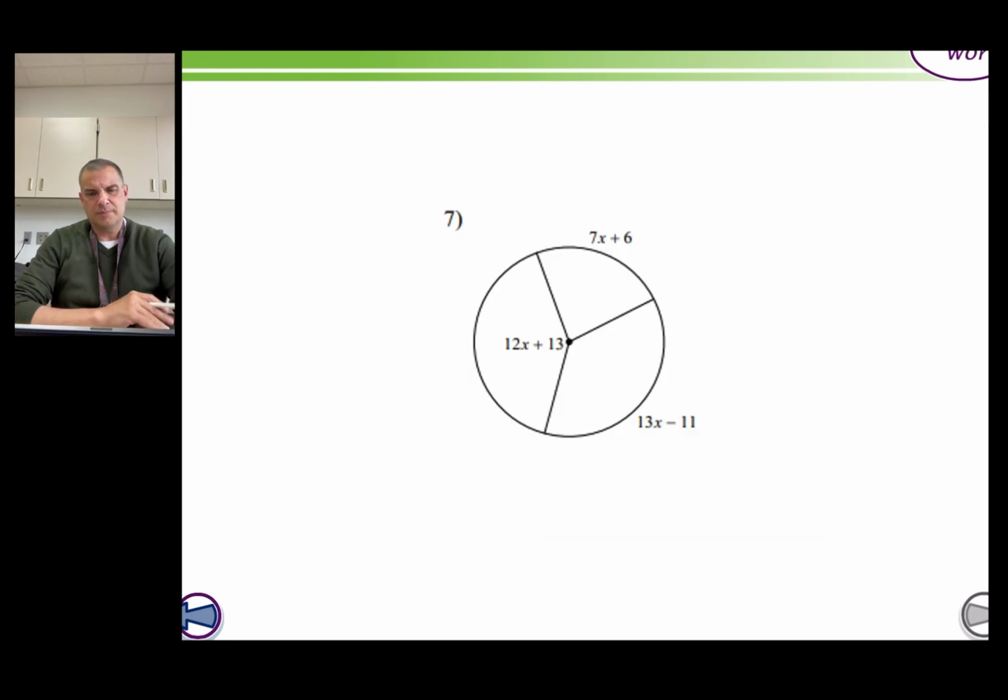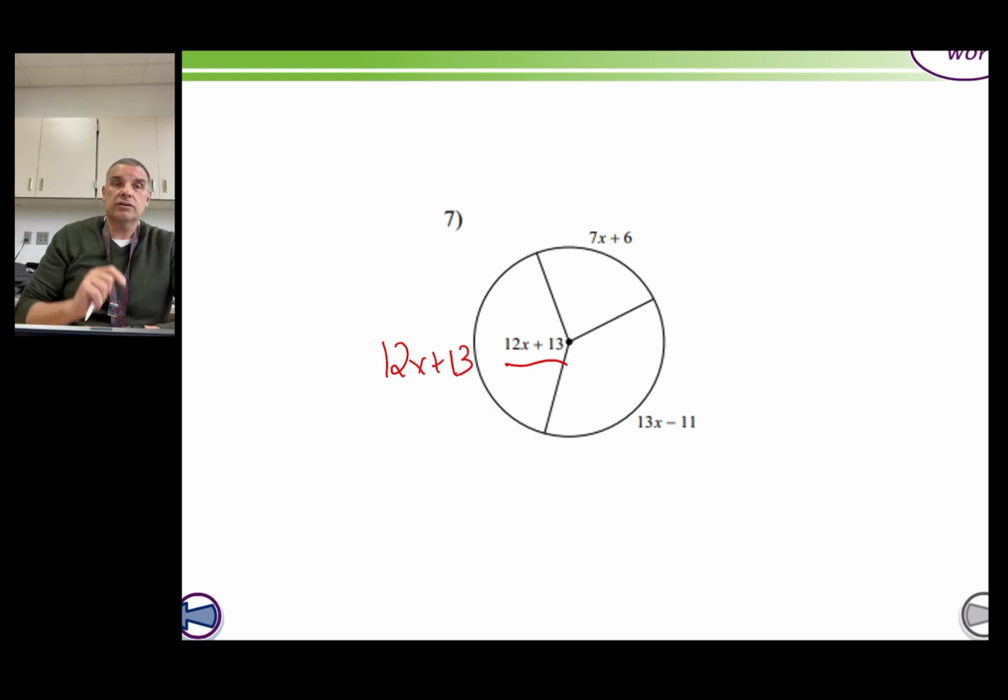The next one. Just because we had variables in there doesn't change things up from what we just said. We want to find the value of x in this problem. Remember, arc measures are the same as the central angle's measure. So if this is 12x plus 13, this has to be 12x plus 13 as well. What's the distance around a circle? It's 360 degrees. So if I add all of these up,